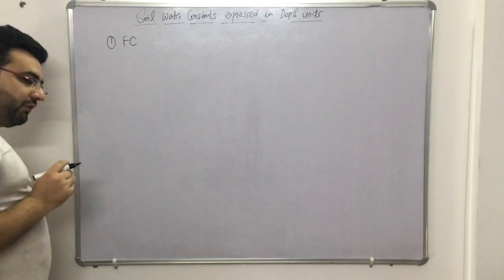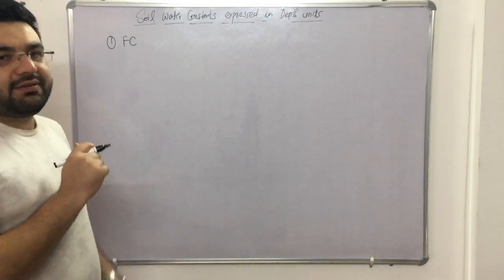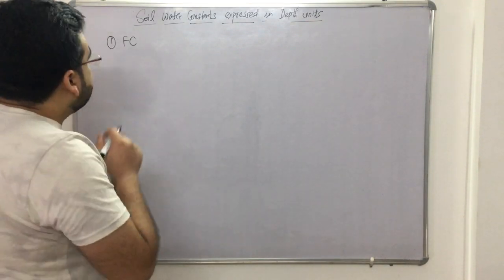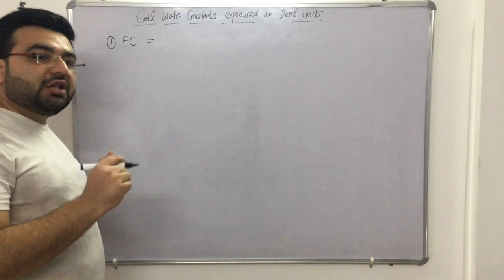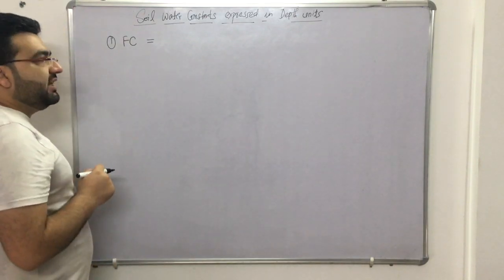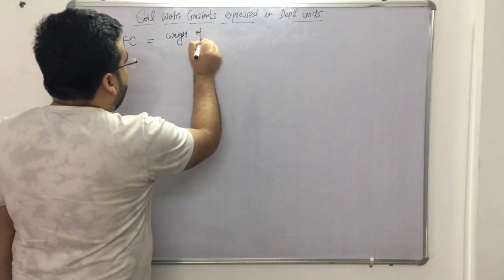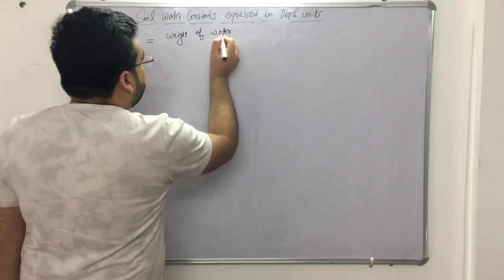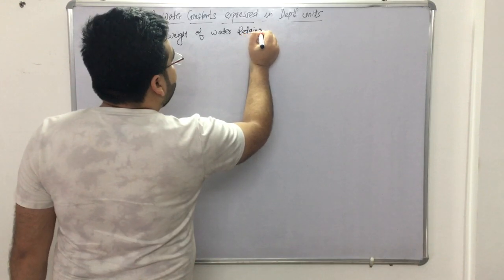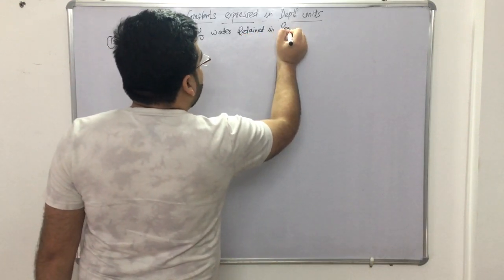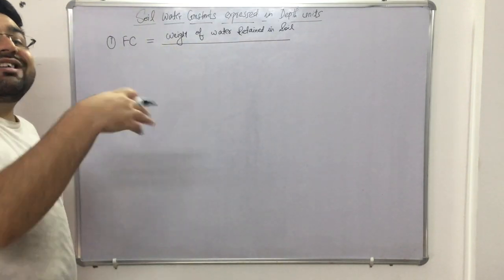Field capacity, I have already explained, is the maximum water content a particular soil sample can hold. Field capacity also has a formula. The formula for field capacity is the weight of water retained in soil divided by